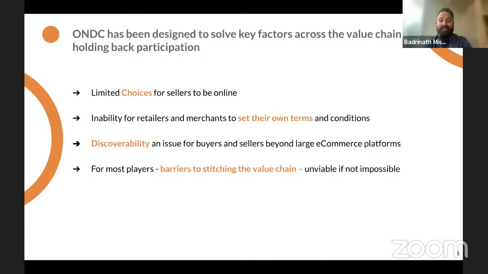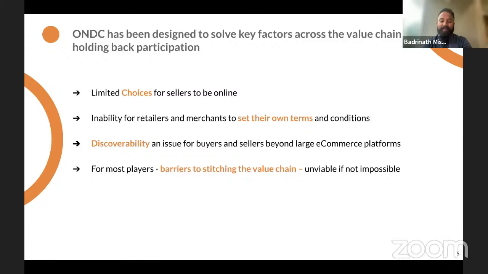The other condition is the ability to set their own terms. And I'll give you a quick comparison of offline and online. In offline, if you are a taxi driver or you have a taxi to give on rent, you do the service and receive hard cash after that. But if you do it online, there is a lag before the money comes back to you. If you own a grocery store, you sell it, you get cash right there. But if you sell online, it takes time for the cash to be received at your end, right?